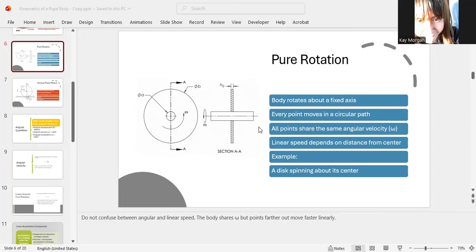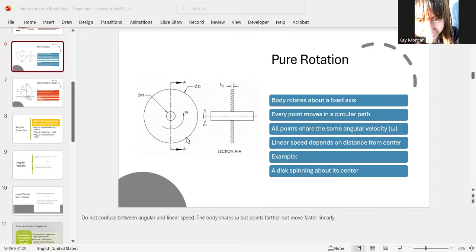Your body spins around, but the rotation is happening at a fixed axis, and that point doesn't move along that line. So I always say the entire line. As you know, a line is composed of many points, a series of points, dots, and we call it a line. So now, every point on that body moves in a circular path centered on that axis. So now we're going to take it out from this rigid body and draw a little circle to be able to see how points are moving in a circular path.